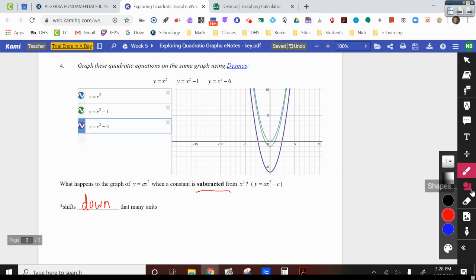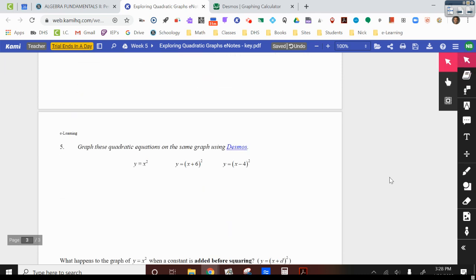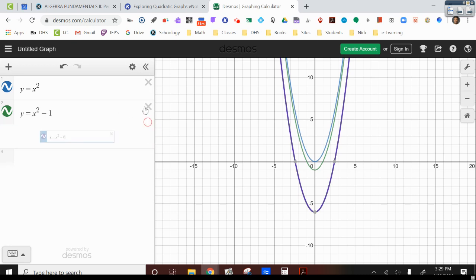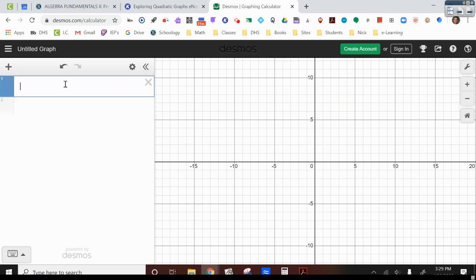We've got one more set of graphs to look at here, in example 5. We're going to see what happens when we do this to our parent functions. These are going to be in parentheses: x plus 6 squared for the first one, and then x minus 4 squared. We're going to see what happens to these graphs of the quadratic functions when I apply those two things. Again, I'm going to start with my parent of y equals x